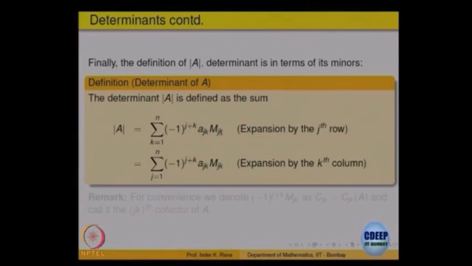So, this does not say there is only one definition. How many definitions are possible for determinant? There are k square definitions possible, and one has to prove a theorem that all of them have the same property and all are equal. Basically, that normalizing factor says that all have to be the same. Okay, so we will not prove that.